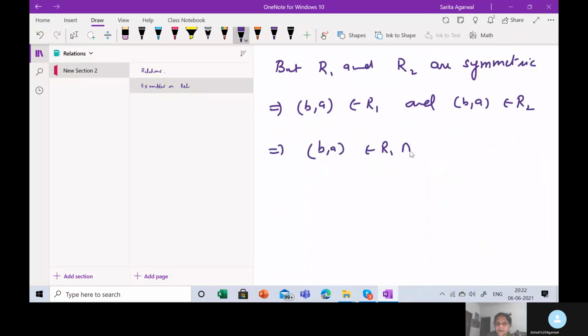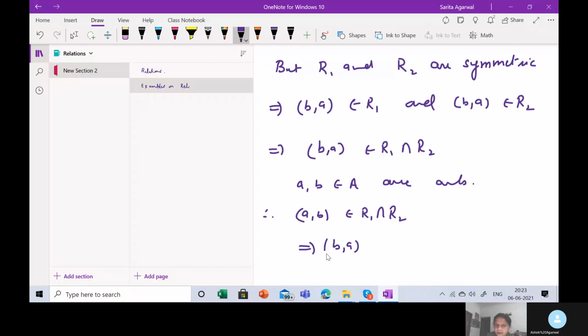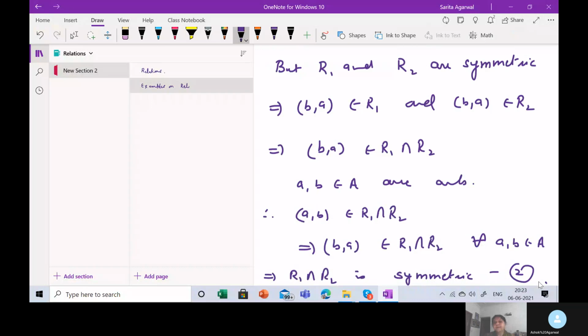Right? A and B belonging to A are arbitrary elements. Therefore, (a, b) belongs to R1 intersection R2 implies (b, a) belongs to R1 intersection R2 for all a and b belonging to A. And this gives us that R1 intersection R2 is symmetric. This is our second property, right? Then the third property,